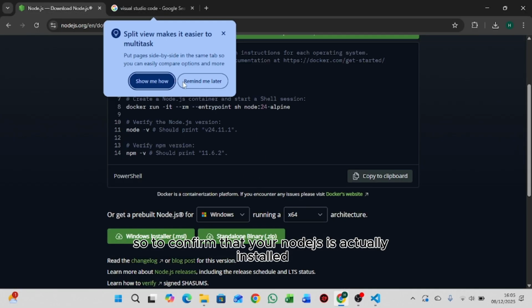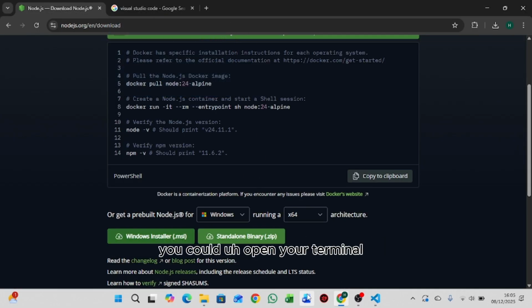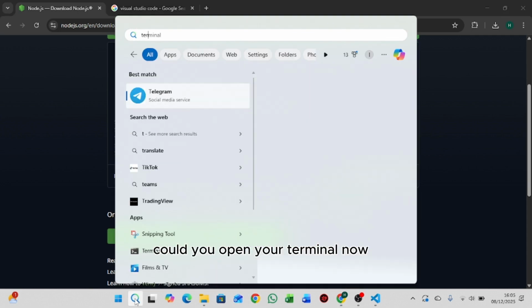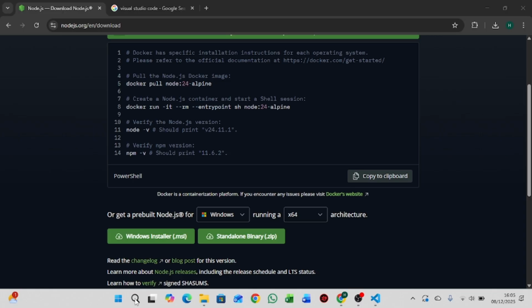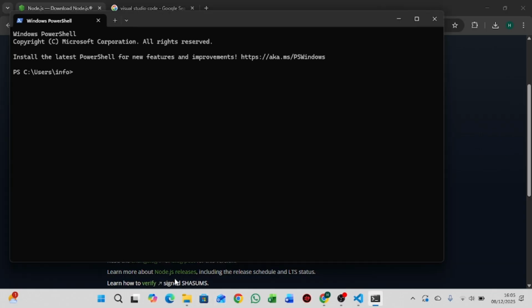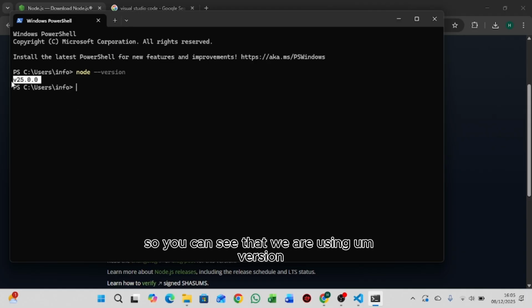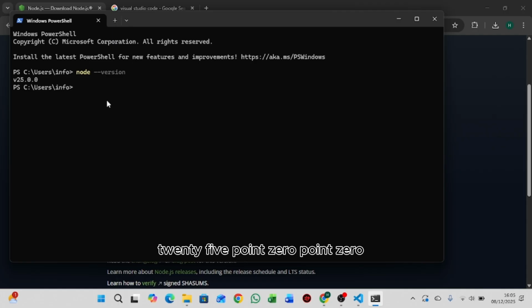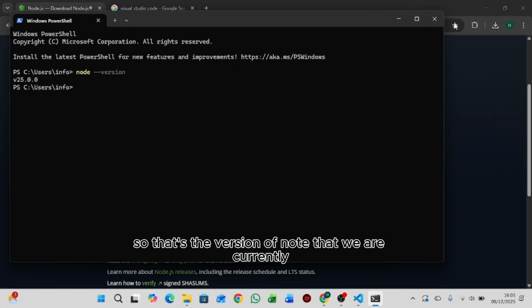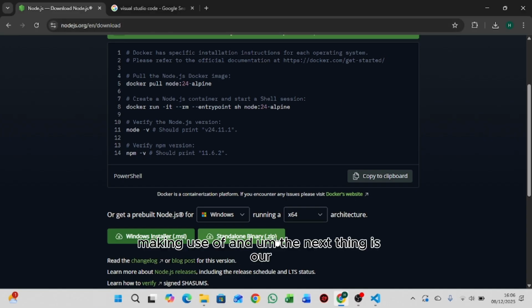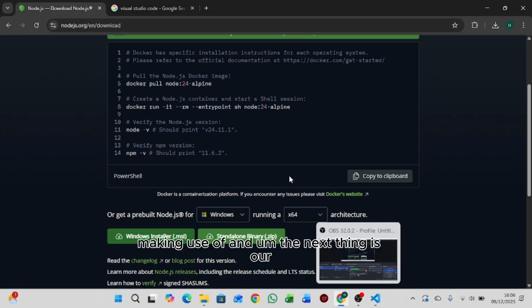To confirm that your Node.js is actually installed, you could open your terminal, then type node --version. You wait a bit. You can see that we are using version 25.0.0. That's the version of Node that we are currently making use of. And the next thing is